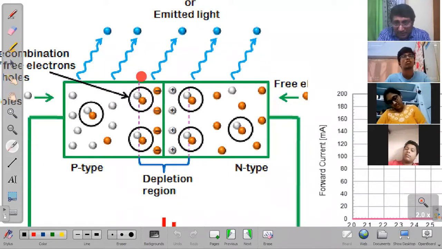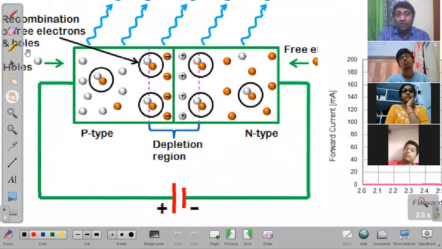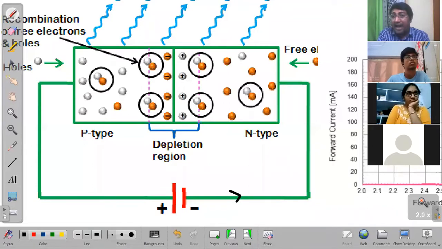And this particular location is where they are joined, the P-type and N-type. Now, when you supply electric current, let's look in terms of electrons, guys. Try to remember our old discussions. We already know electric current is from battery positive to battery negative, but electrons move from battery negative to battery positive. Electrons always move from negative to positive. So there will be a lot of electrons accumulated over here.